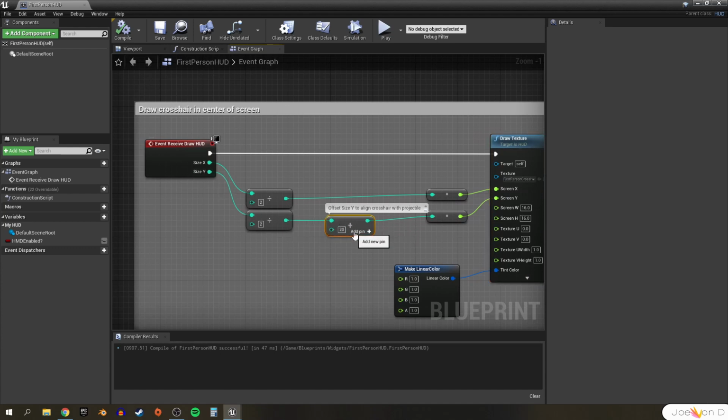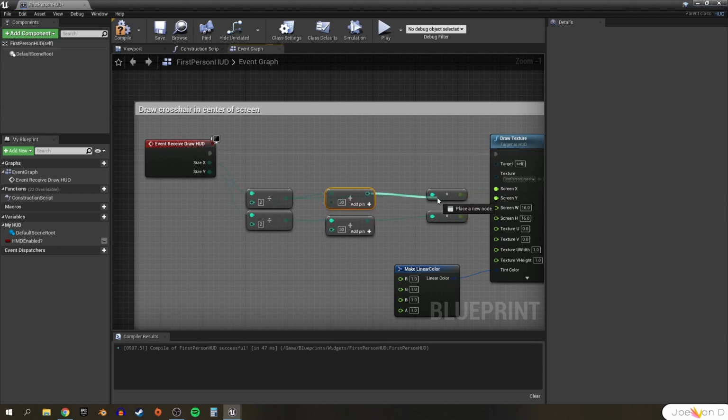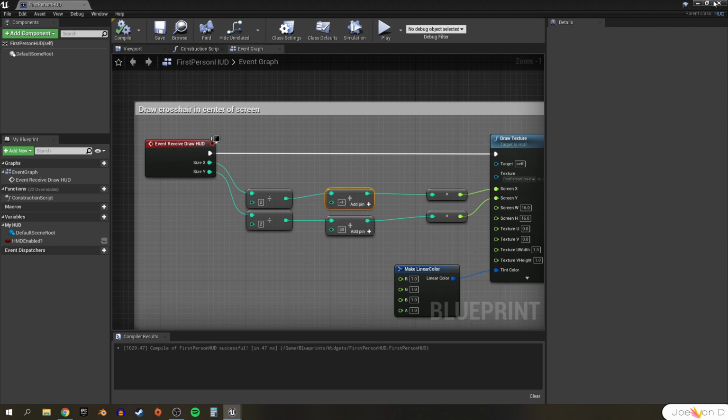You can see this offset is set up, and we'll create an offset for our size X. The value I ended up using for size Y was 30. Let's actually delete this comment here. And we can copy and paste this node to reuse it for the size X. We can plug this in here and plug this into that connection. And the value that I used for size X ended up being -4. Of course, you can also play with these numbers if you'd like to see if you can get it a little more accurate than what I'm doing.